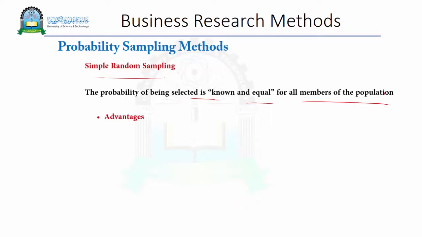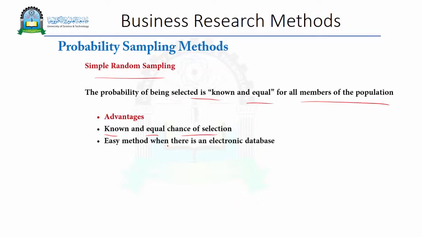The advantages of this method in probability sampling is that the chance for selection is known and equal. So a known and equal chance for selection. Everybody is going to wait for his name to be selected. It is an easy method when there is an electronic database, and it is the simplest, fastest, and cheapest. These are the advantages. But we need to understand that this type of sampling needs the population to be homogeneous,